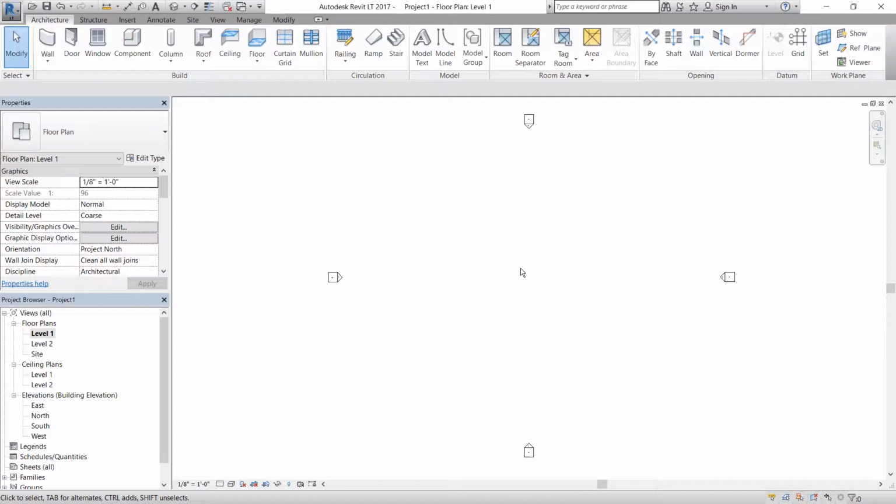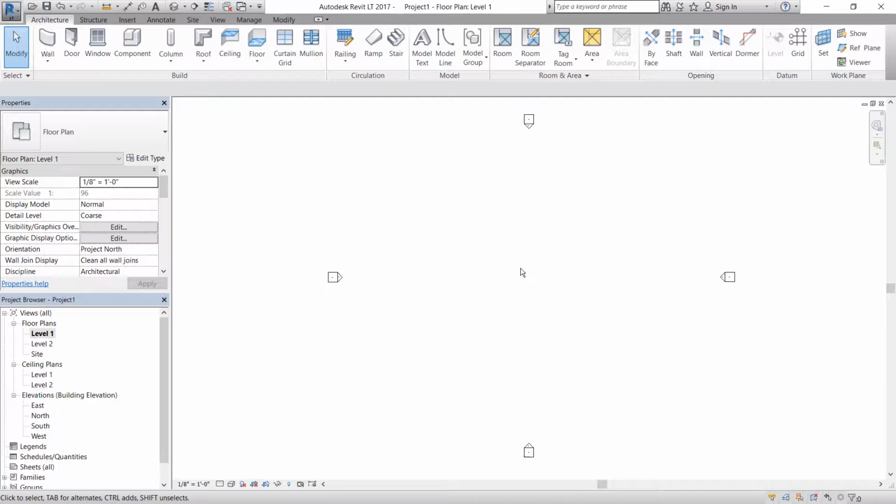This tutorial topic is importing an AutoCAD file. You're going to learn how to import a CAD file using different settings. Keep in mind that when you import a CAD file, it becomes a static object in the Revit file. This means it maintains no connection to the original AutoCAD file. In most cases, people import AutoCAD files to trace over them, and once done tracing, they delete the imported CAD